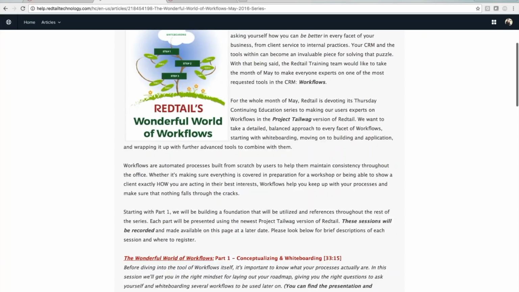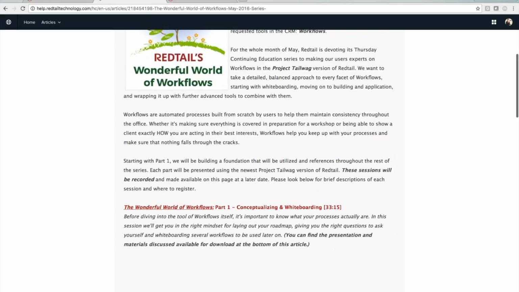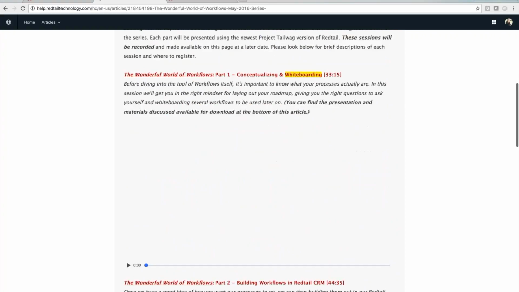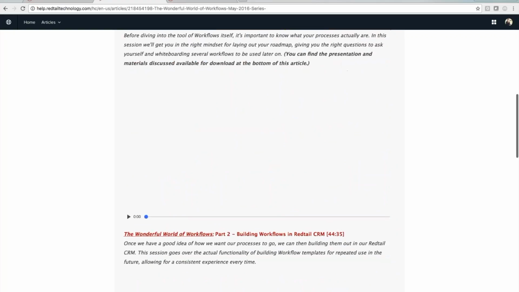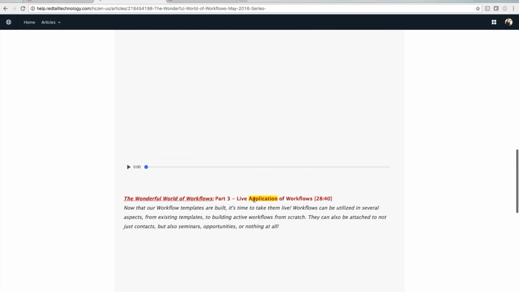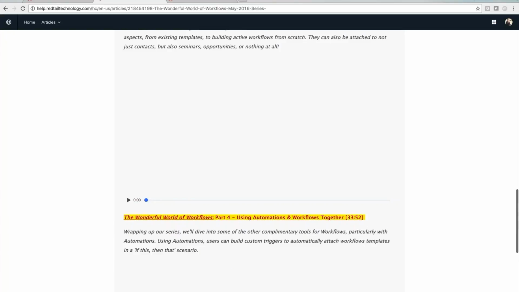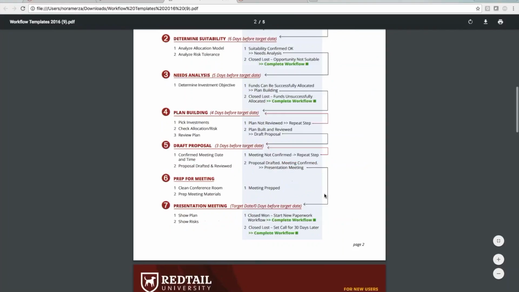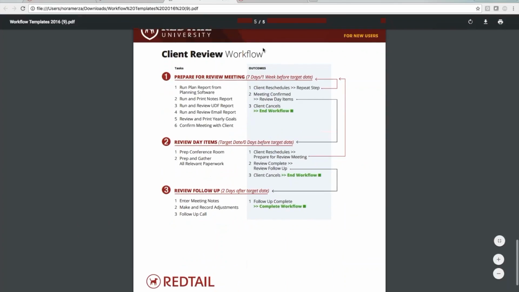your proprietary process. So we suggest this process called whiteboarding, where you sit down with the entire team, all the key players, and you think about your process, and then you could build it into the CRM and apply it to your contacts and use it with automations and whatnot. But most importantly, if you go down here to the bottom, we do have some sample templates available for you. And I think here on the last page, we do have a client review workflow that you can